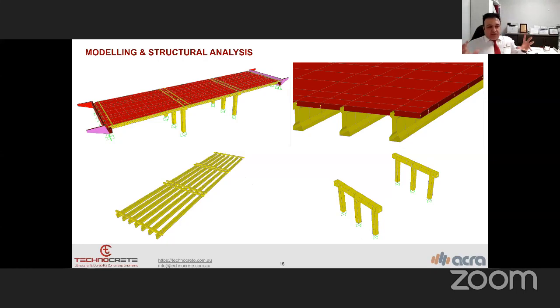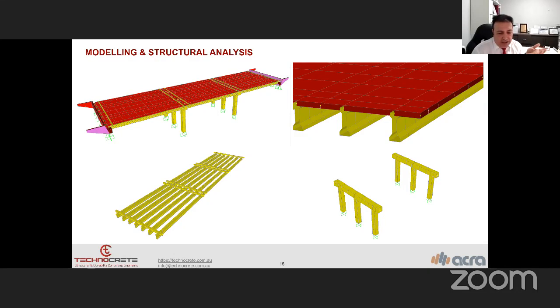And then when we collect all the data, for example, this bridge didn't have any drawings or documentation. Then we conducted a very vast and extensive on-site measurement, both geometrical measurement and non-destructive testing. The bridge has 7 precast girders with some cross beams, and 2 piers with 3 columns each, and then a crosshead or headstock. We modeled this in order to achieve the structural performance of the bridge